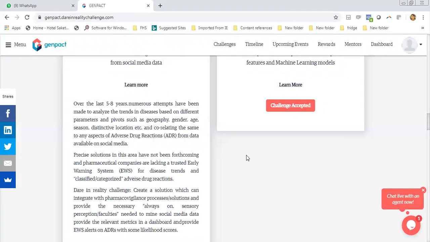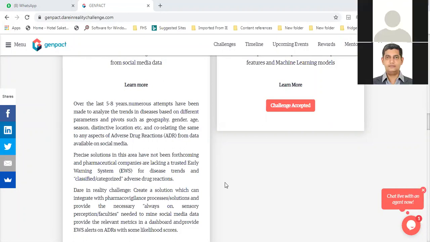But when it comes to drug reactions, if the drug is not behaving the way it is expected to behave, either because it is being used in a particular geography, or because it is getting used in a particular set of circumstances, probably temperature and so on and so forth, some of those drugs may not react the way they are supposed to react. And likewise, there could be scenarios where the genetic makeup of the population taking this drug might have certain issues for the drug to behave in a particular way. So there are a ton of challenges which happen.